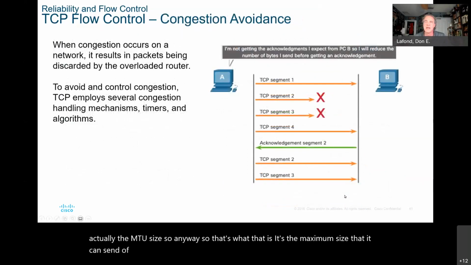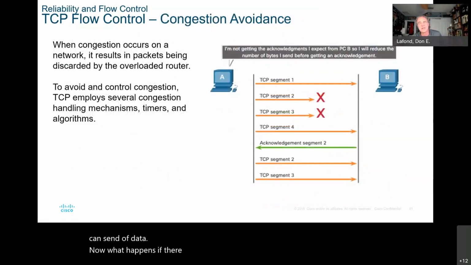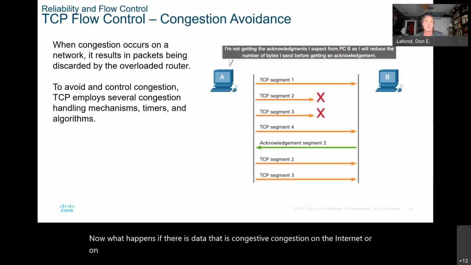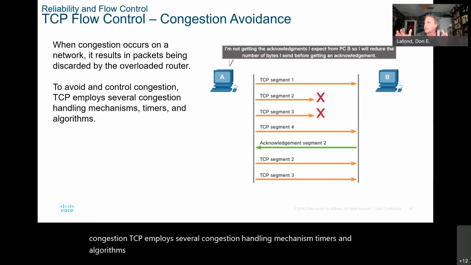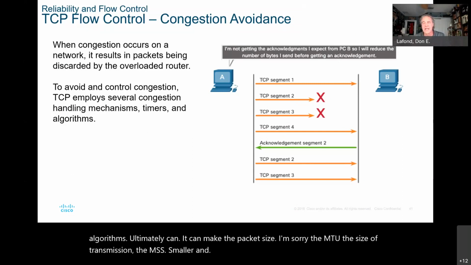Now, what happens if there is congestion on the internet or on the network? It results in packets being lost or discarded. And to avoid and control congestion, TCP employs several congestion handling mechanisms, timers, and algorithms. Ultimately, it can make the packet size, the MTU, the size of transmission, the MSS, smaller,